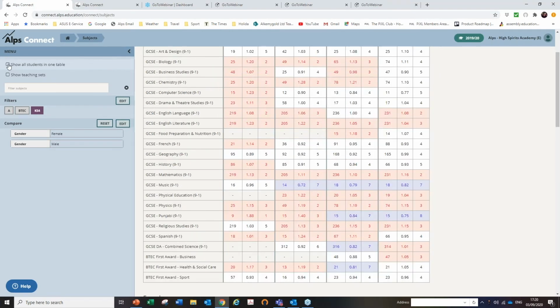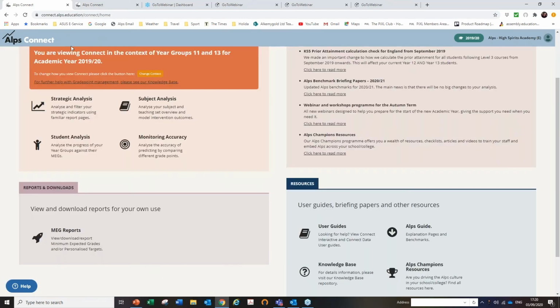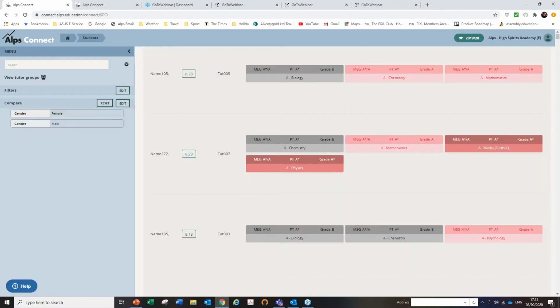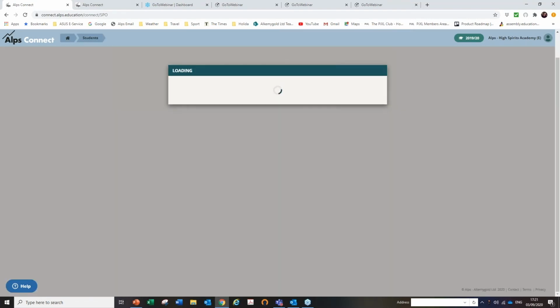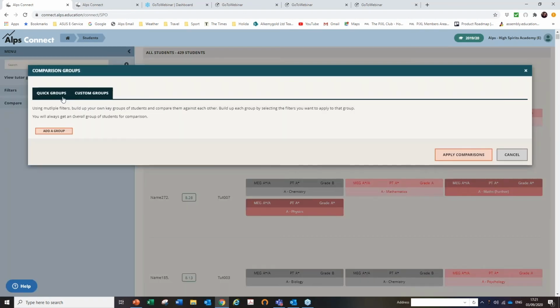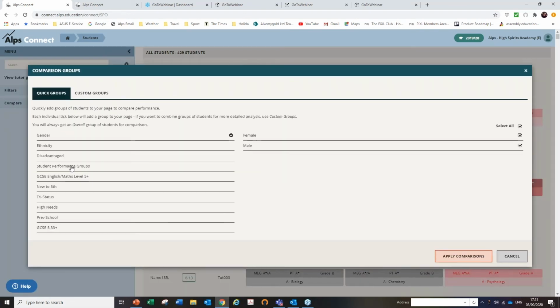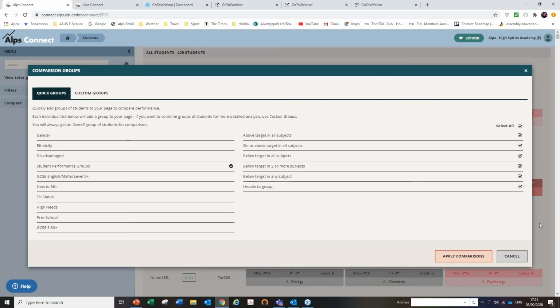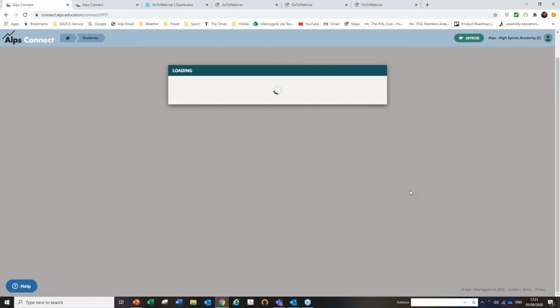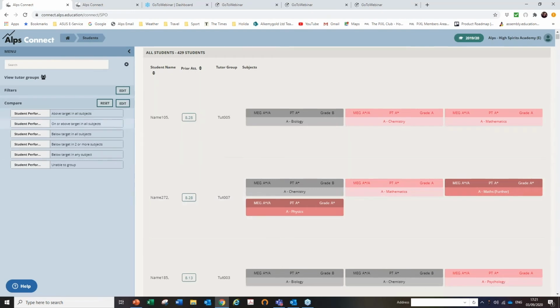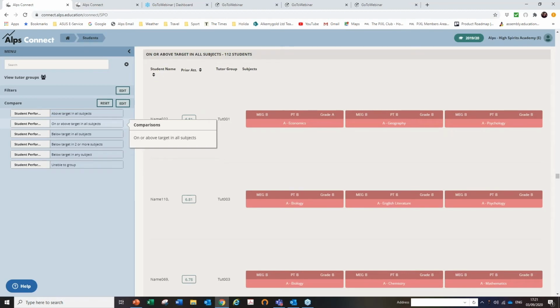So I think before we start to look at in-year analysis, I will just take you, I'm not going to go to monitoring accuracy, that's far better when we're looking at the in-year analysis. I'm going to go to student analysis and reset the comparison and go to a quick group, the student performance groups, and apply that comparison. And I'm going to look for, first of all, who's on or above target in all subjects. And wow,